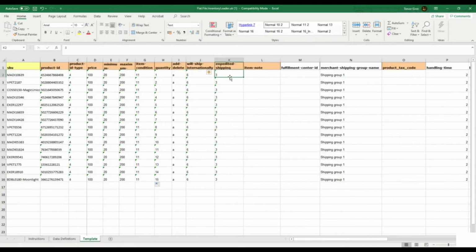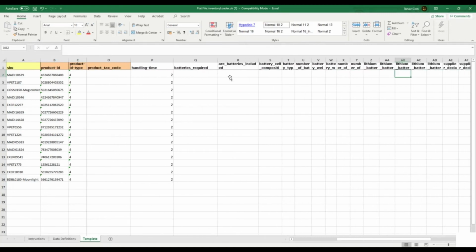Expedited shipping is whether next day delivery is available on this product. The merchant shipping group, which we'll be discussing later, determines where the product can be shipped and the pricing. Product tax code is the VAT code or the value added tax code or the sales tax code which is applicable to this product, and this is particularly useful for business sellers. Finally, the handling time. If you have a product which cannot be shipped immediately, this is where the handling time is entered. There are a number of other fields which are specific to FBA products, which we will also discuss